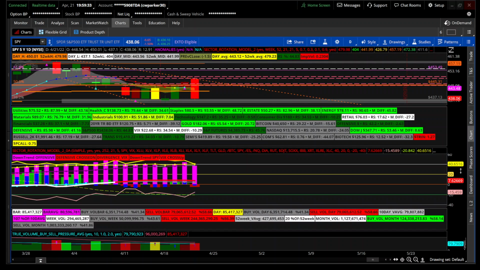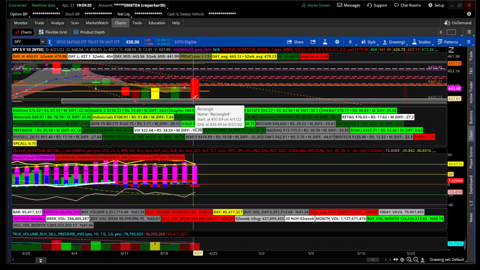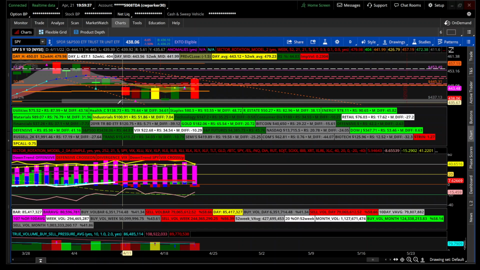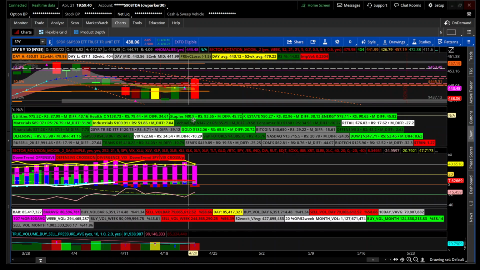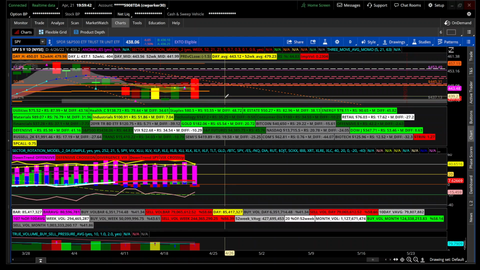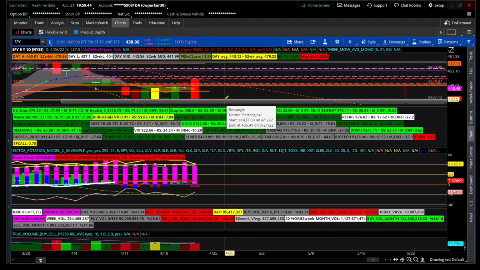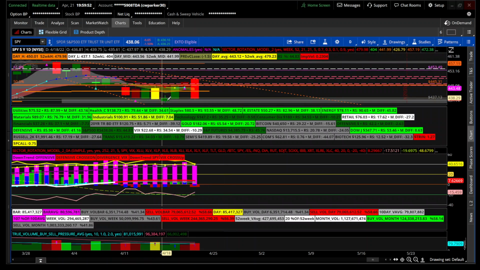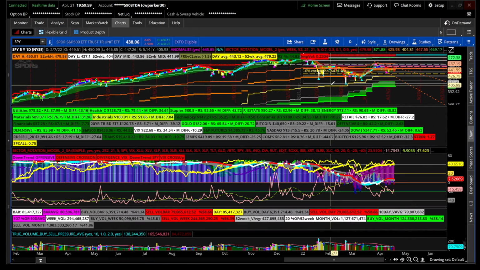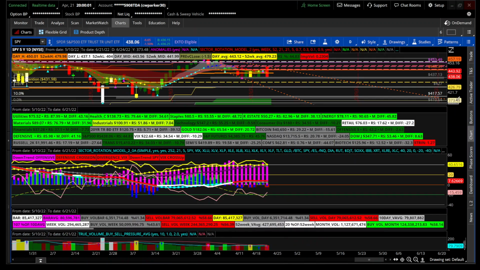And this will be the end of the video. And just like I said before, this is my area of support right now for the S&P 500. I guess you can say between 437.50 and 435.54, because you can see all this support area right here, or demand area that I drew. And if not there,